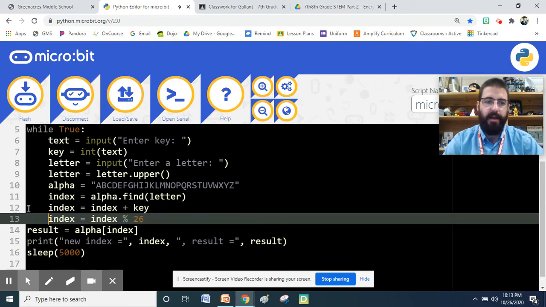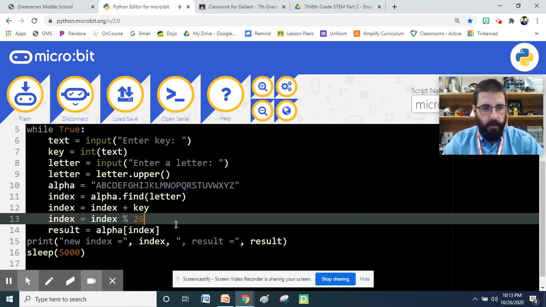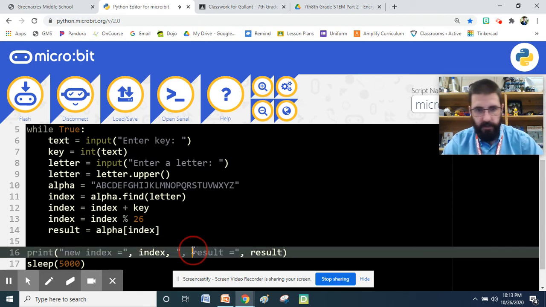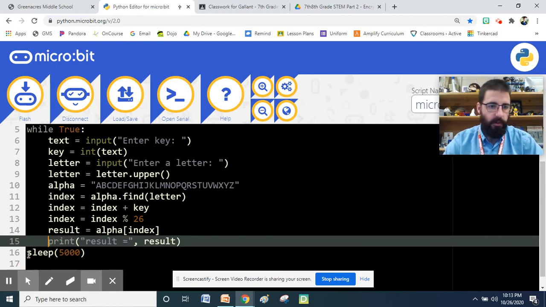I don't want it to display all that. Okay. And then I want result equals alpha index. And then all I want it to do is print result equals comma result. So I'm going to line this up, and then I want it to sleep for 5